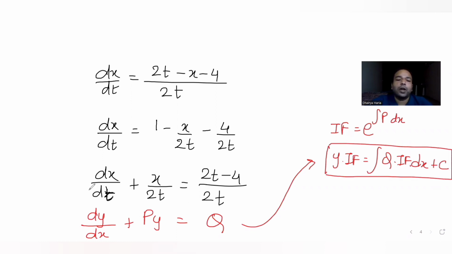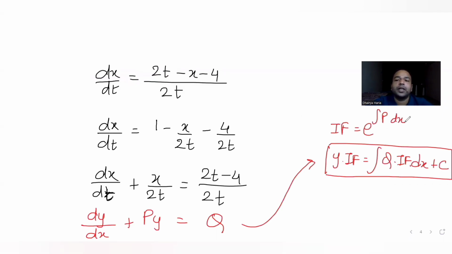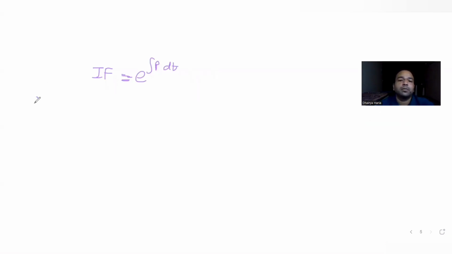But if I go according to this idea now, we have a comparison. Instead of y, we are putting x, and instead of x, we are putting t. So your integrating factor becomes e raised to integral p dt. You are integrating with respect to t, because here instead of x, you are putting t. And your solution becomes